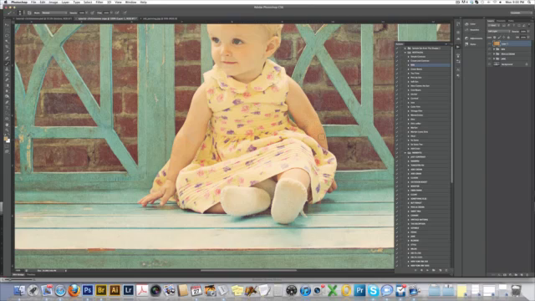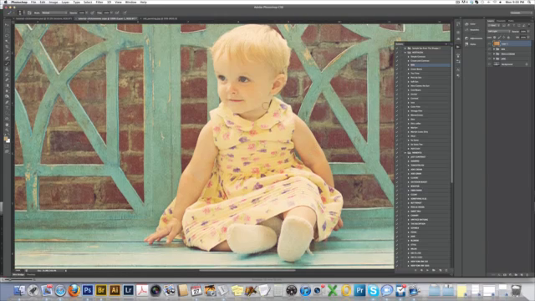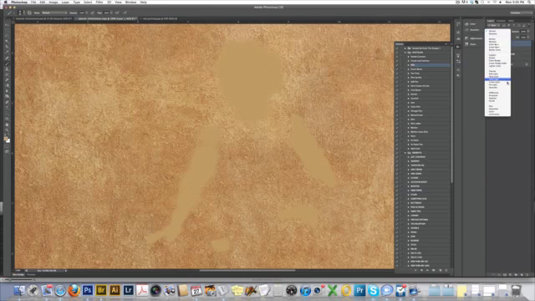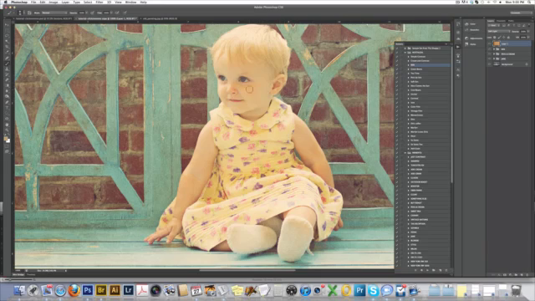Now I'm going to show you what we're doing by changing this back to normal. So what we're doing is really painting out the texture, but you're keeping the color because we selected that color here. And this way you can see what you've done too, but you're just painting out the texture. And then when we go back to the soft light, it just disappears and smooths everything out. So then the next thing that you want to do is maybe take the opacity down